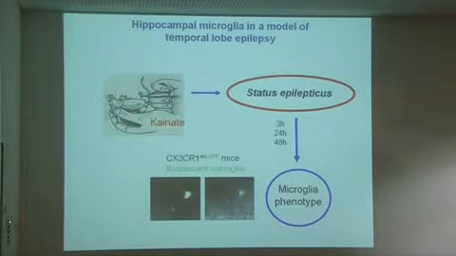So we have been using a very simple model of status epilepticus, namely intraperitoneal injection of kainate that leads to a status epilepticus, and then at different time points we sacrifice the animal and either look at the expression of different markers in the brain or prepare acute hippocampal slices, in which we can identify the cells thanks to the fluorescence of the microglial cells expressing the GFP under the control of the fractalkine receptor, and do some phenotyping of the microglial cells.